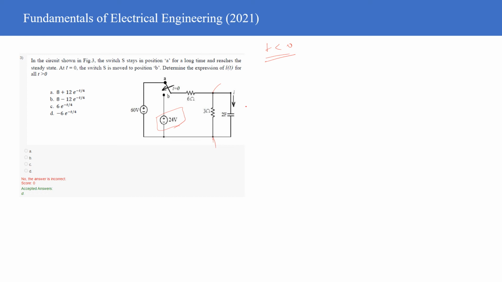So the potential will be equal to 3 divided by 3 plus 6 into 60, which is 20 volts, right? So the potential will be equal to 20 volts,